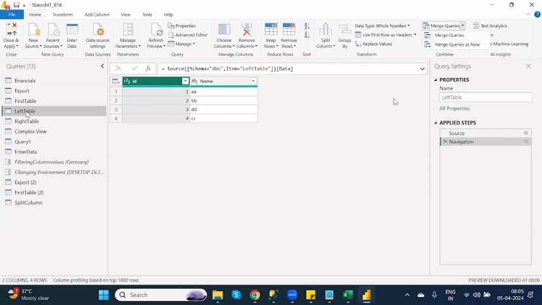Whichever data set we are selecting, which data set is selected here? These are the data sets here. Which data set is selected here? The left table. That means in that particular data set which we selected, the other data set's columns